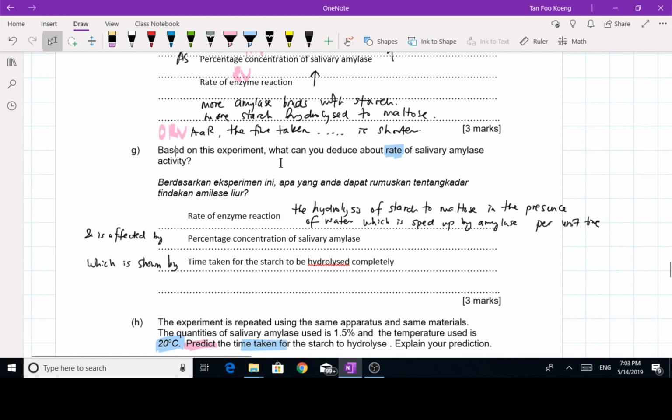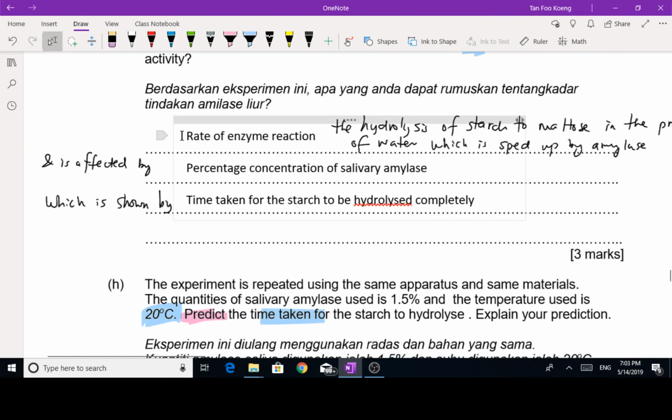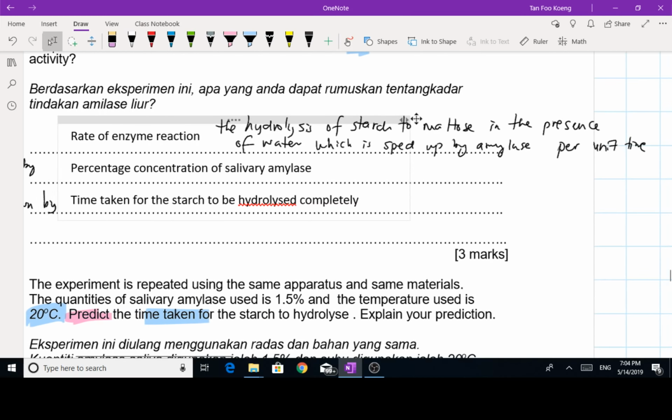G. Based on this experiment, what can you deduce about the rate? The rate is how fast the activity of salivary amylase is. So if you say how fast, it is always per unit time. So what's the template? Make sure that first of all you define it operationally. Suit your definition based on this experiment, followed by the second sentence, which is shown by the ORV, and finally is affected by the MV, which is the percentage concentration of salivary amylase. I'm sure you can write the second and the third sentence, but let's see how to write a complete